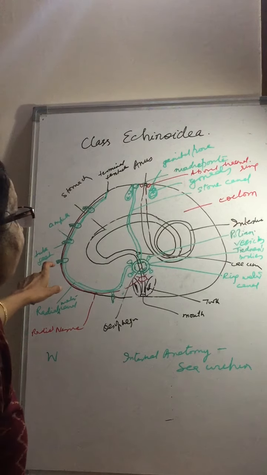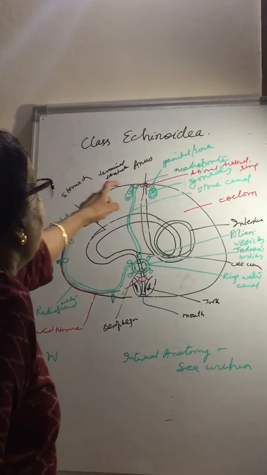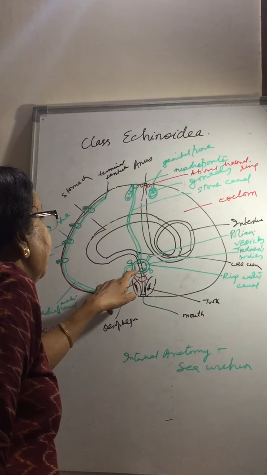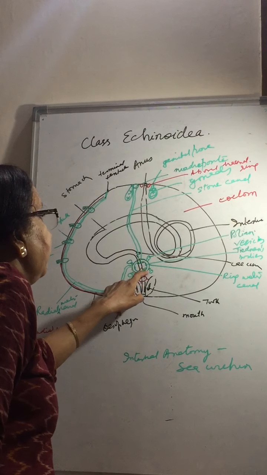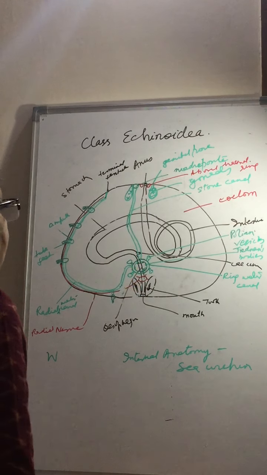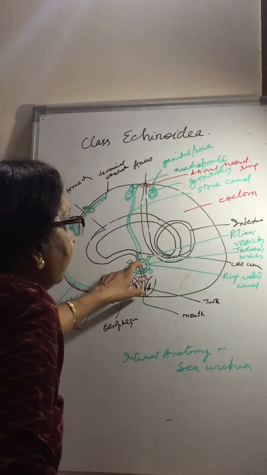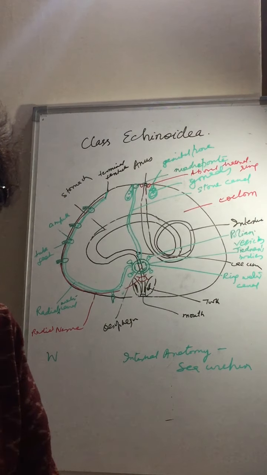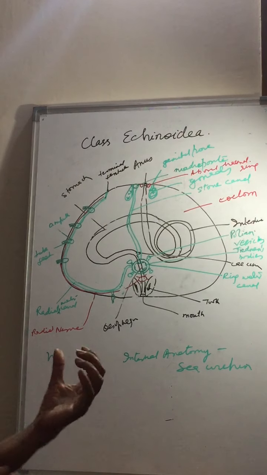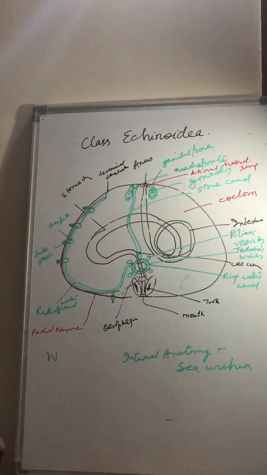So in this case the tube feet are long. The water enters through the madreporite and comes into the stone canal. From the stone canal, it comes into the ring water canal and these Polian vesicles. They help in building the pressure. Along with that, the Tiedemann's bodies, as I told you earlier in the case of sea star, are sort of lymphoid organs. Any foreign matter, bacteria, etc., are taken up by the amoebocytes which are present here.